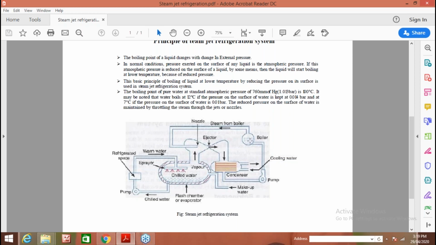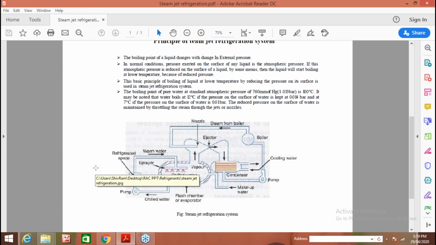वहां पे वो अपनी heat reject करेंगे और boiler में जाके फिर से steam बन के, यहाँ पर जो भी नई vapor बनेगी उसको extract कर लेंगे. So यहाँ पर कुछ vapor extract होने से यहाँ water level कम हो जाती है, so some water should be added here. For that purpose, a makeup water arrangement is there. When the water level decreases, makeup water is supplied to this evaporator, and again this chilled water performs its duty. So this is the principle of steam jet refrigeration system.